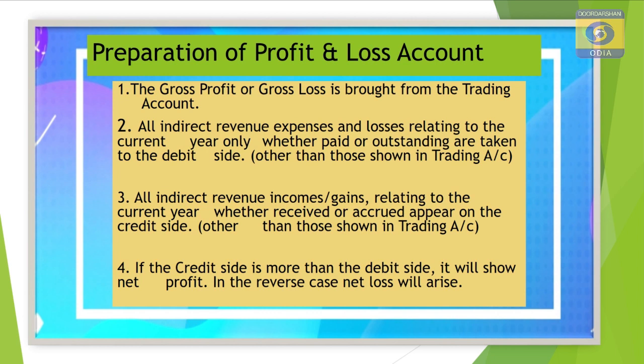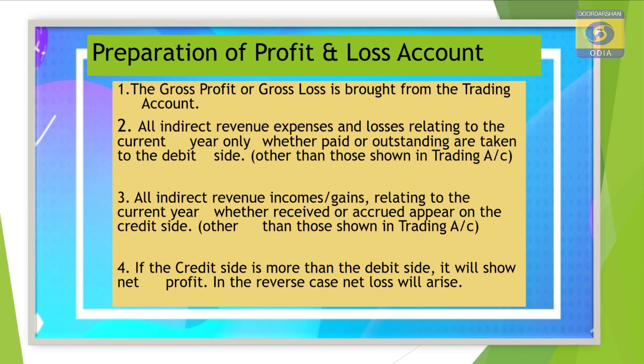The second thing we will need to find out is that all the indirect revenue expenses and losses which are relating to the current year only, whether they are paid or outstanding, irrespective of the fact, if a particular expense relates to the current accounting year, then that is taken to the debit side of the